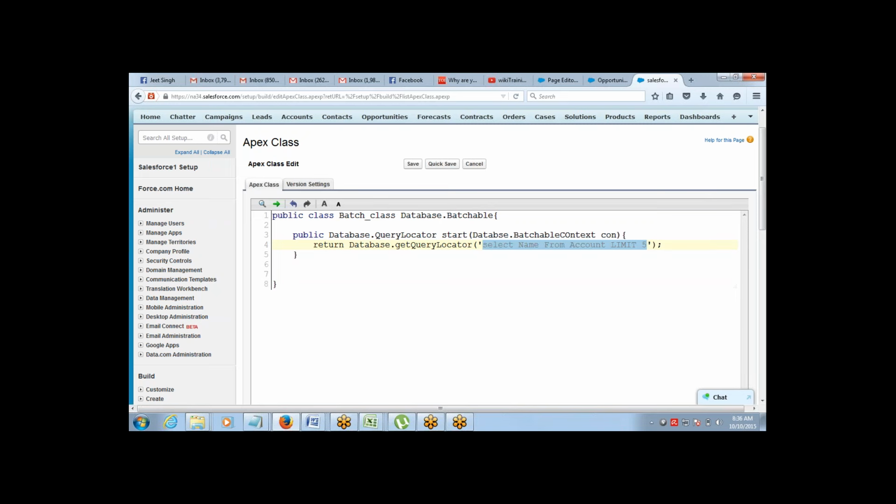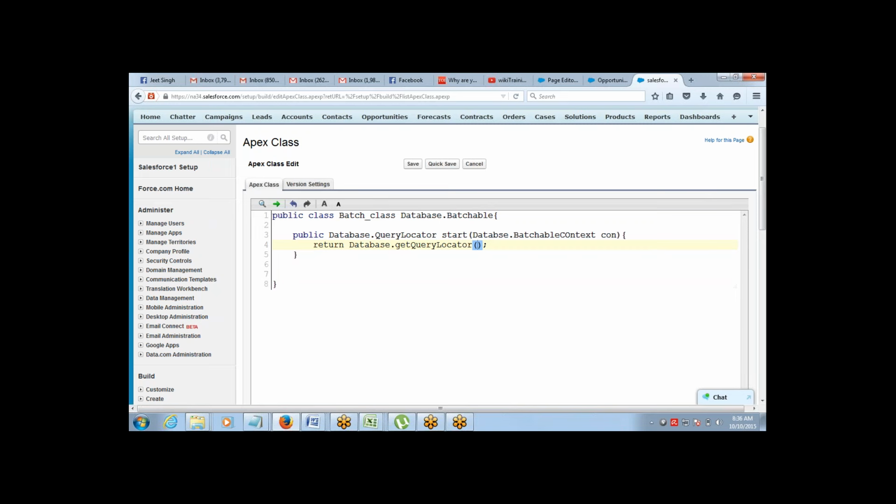But I will not write the query inside this. In this example we are not going to write the query directly inside it, although you can. I will rather make it a variable, so that at the time of execution you will have the flexibility of writing the query.